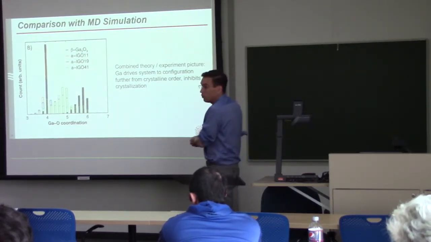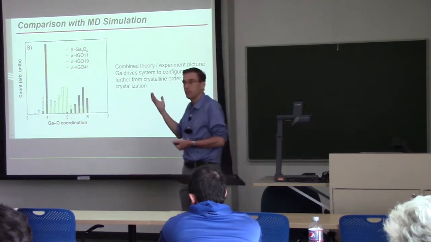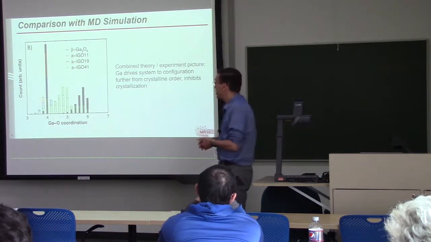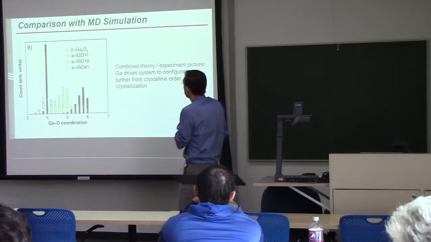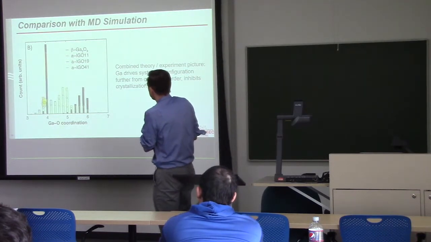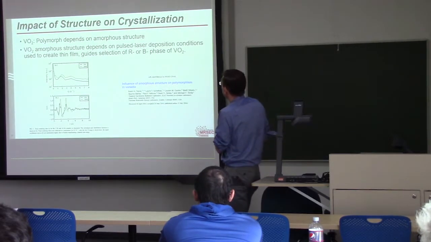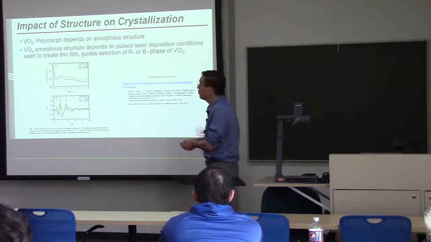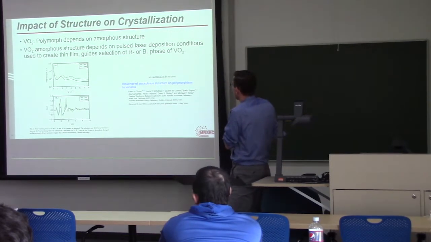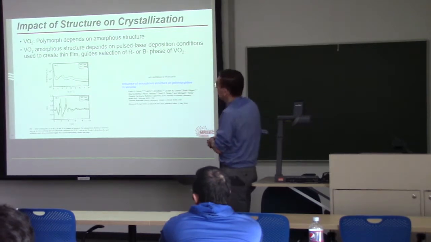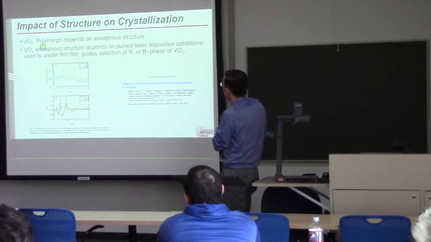Now, we'll have to argue about whether that is sufficient to design materials or not, but it certainly describes the structure and its stability. Let me show you some other examples. So in this case, the structural information informs what's happening, at least. Here are some other examples where it's less well known what's happening, and that represents, in my mind, the state of the art in trying to predict what we could do if we could understand and control these structures better. So this is an example drawn from vanadium oxide.